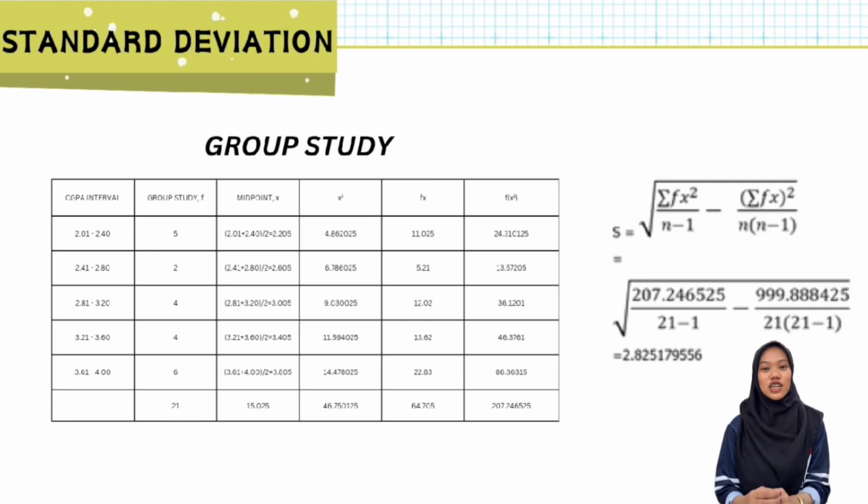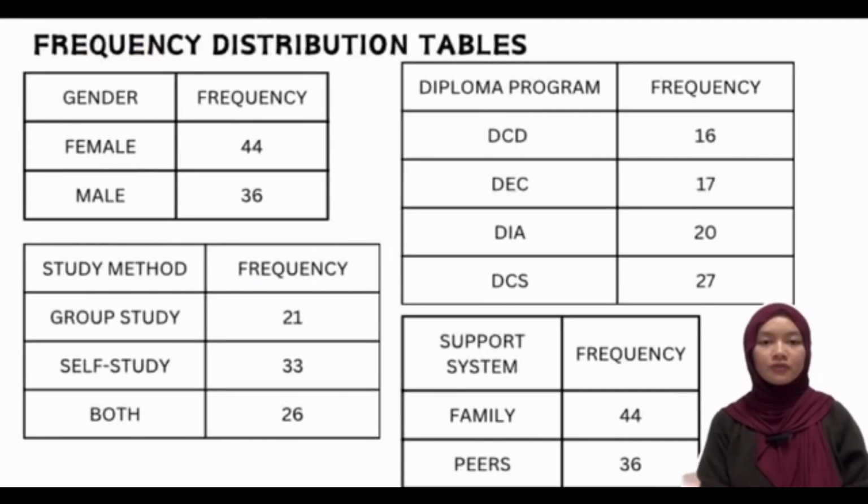So now is standard deviation for group study. So we get 2.8251795556 for group study. For frequency distribution tables, for gender,